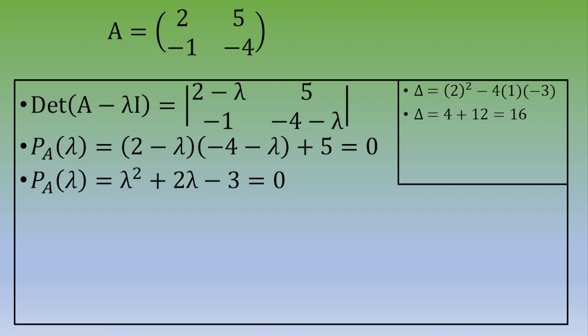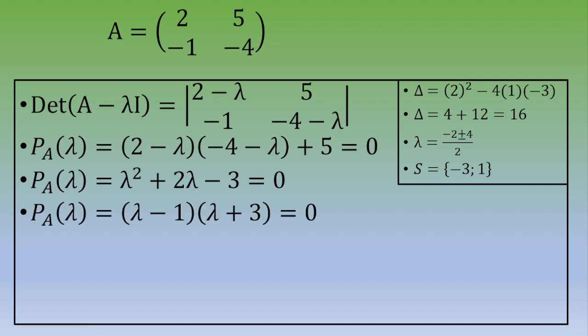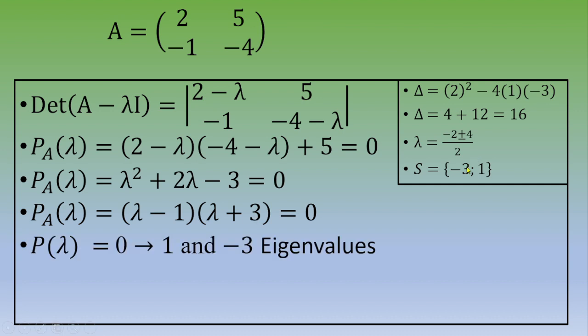So we can now calculate these two roots, negative 2 plus or minus 4 divided by 2, and we've got two roots, negative 3 and 1. So the characteristic polynomial can be written as (lambda minus 1) times (lambda plus 3). So these two roots are